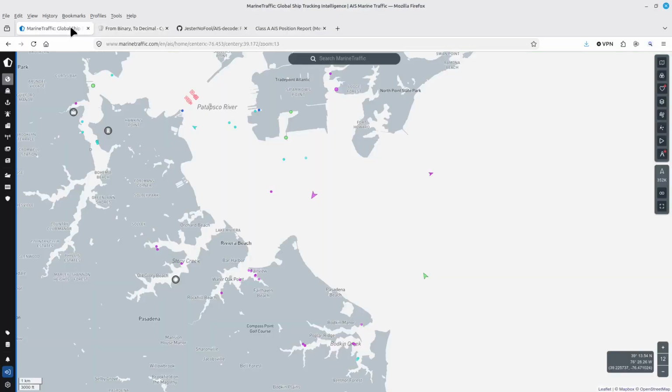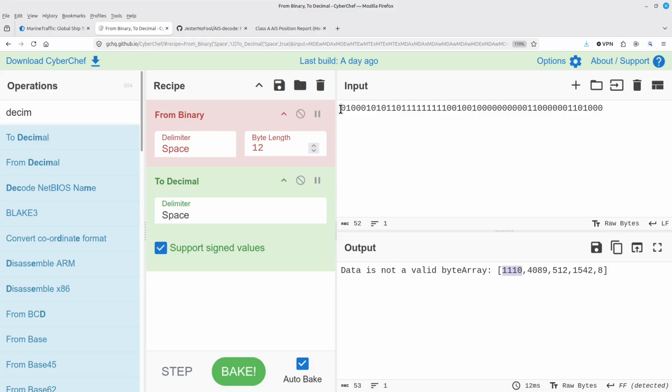Which means, if I look at this here, 111.0 is roughly in this direction here. It's going east-southeast. So it's going this here, and it's going in this direction. Those 12 bits are done.